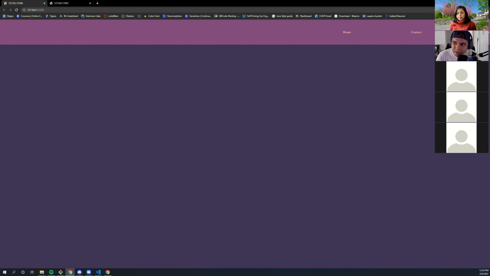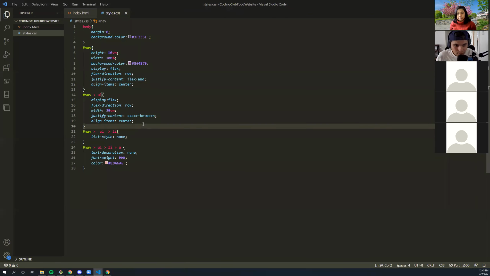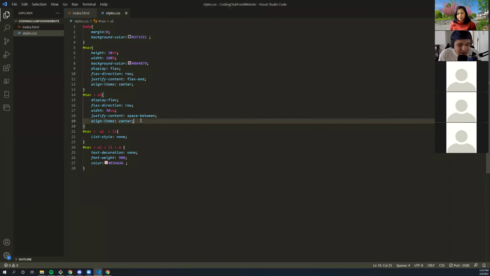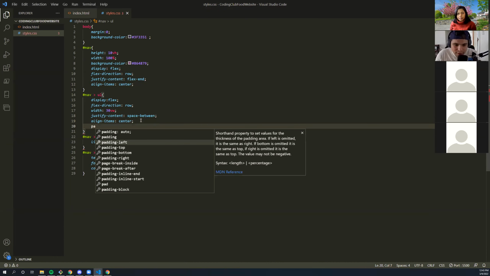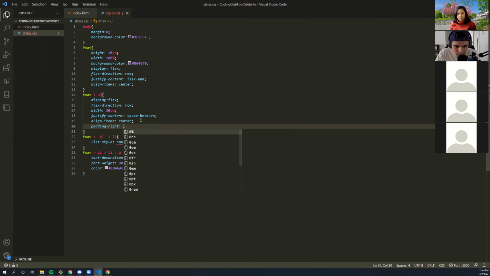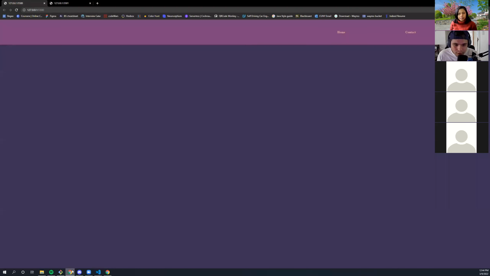All right. This looks a little bit wonky though. It's touching and I don't really like that. So I'm gonna add a little bit of padding to my UL, to give me a little space. Padding is internal space. Margin is external space. All right. You don't have to remember that, but you can mess around with the inspector tool, and you can find the padding that works with you.